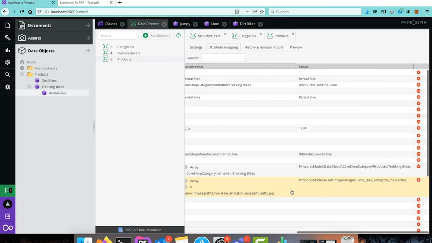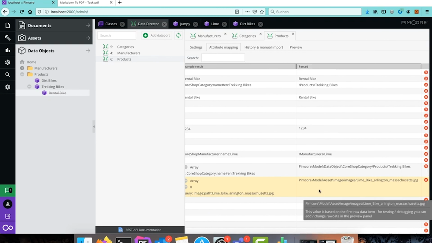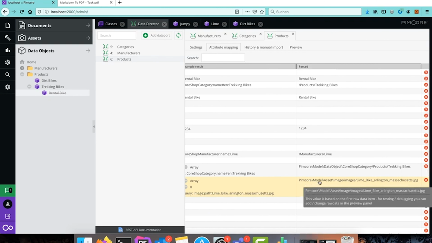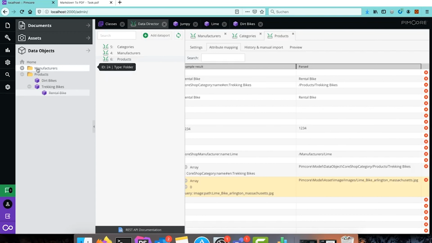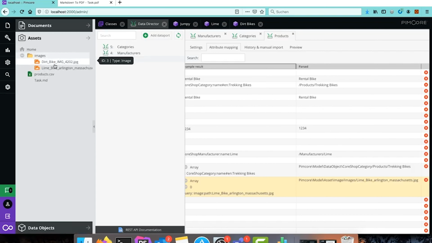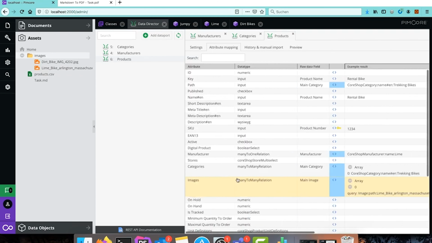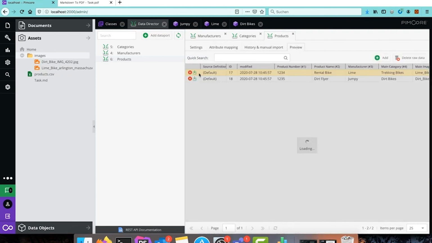column, and this got interpreted as to fetch the really existing image. So it got returned Pimcore model asset image, and the image path is images, Lime Bike, Arlington, Massachusetts, and that's exactly our asset which we wanted to find. So when we run that import,